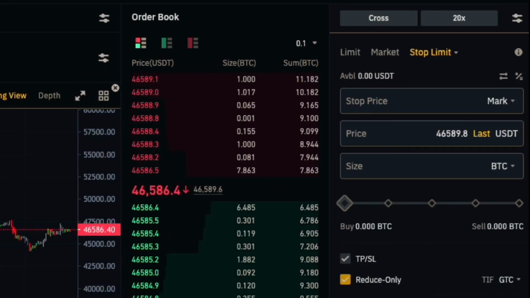In the case of buy, I've explained to you, I want to buy when the price is 50K. When the price is 50K, it will be triggered. It does not mean it will buy at that price. It will start now and buy at the next available price. The next available price can be 60K, can be 70K, can be 80K, can be 100K, can be any price, but it will be triggered at 50K.